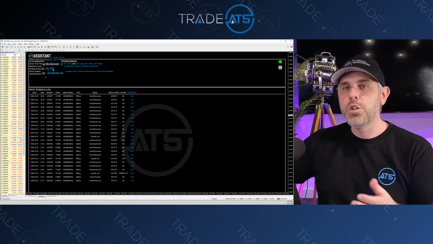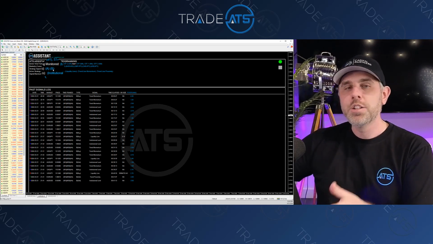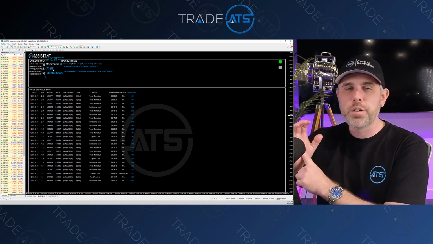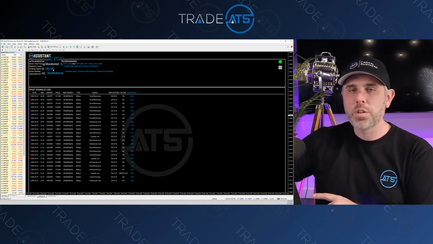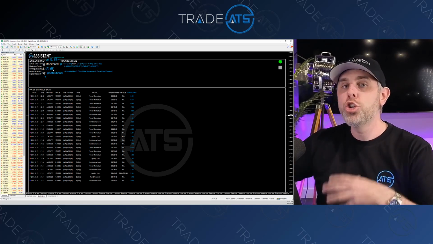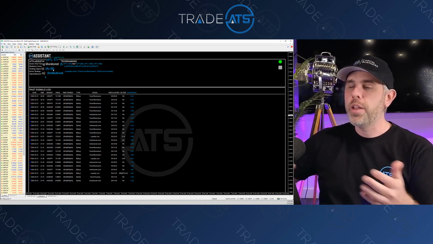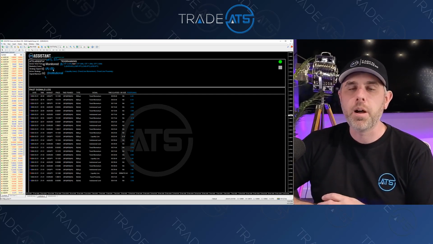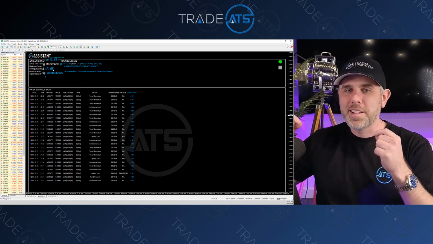You don't need to. You use ATS Assistant to notify you via the MetaTrader 4 mobile app, or you can look at the real-time readout to tell you when a new signal has come into criteria, when that market's ready to be looked at. Another great thing is that this saves you a bunch of time and